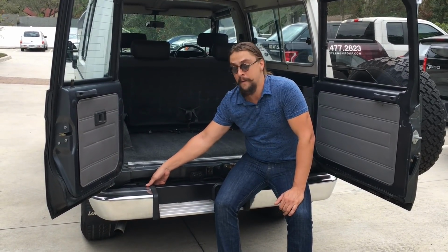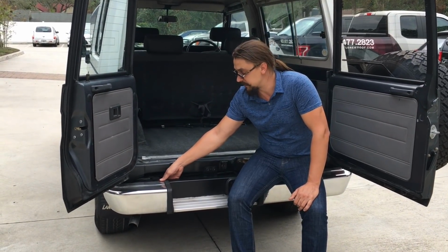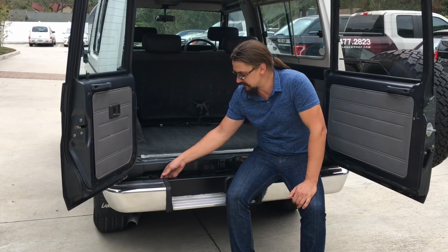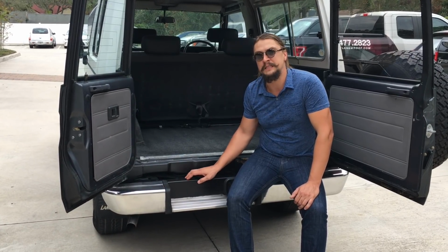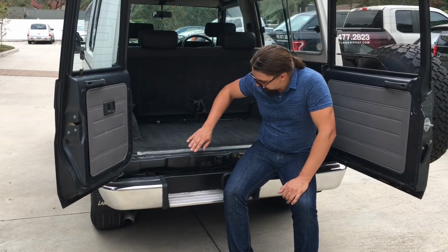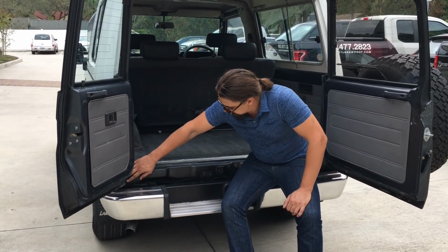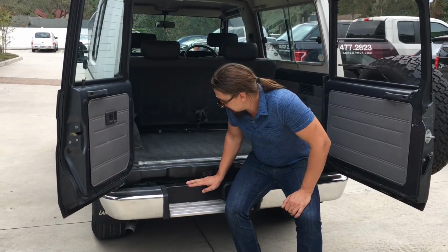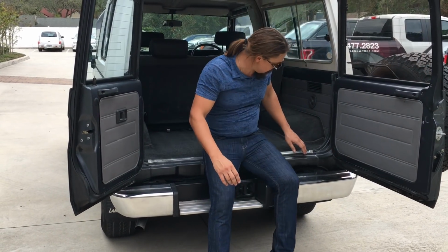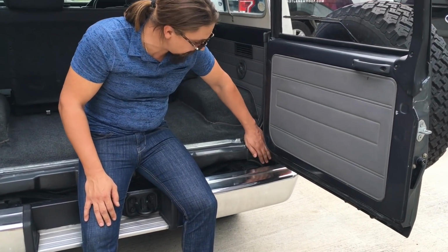I run my fingers inside the frame right now, and I do not feel anything but smooth surface. It does not have any rust. That's something important, that's pretty much how you check them. So another piece, this piece is not gone yet. So is this one. The metal is still there, the frame is in good shape, and there is a little bit of rust starting to go on the metal,